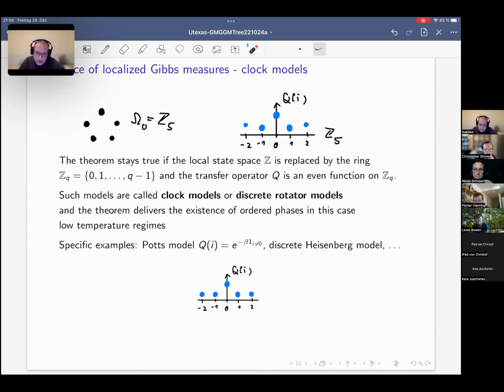And there's a very specific model, which is the Potts model, where you have a particularly nice form, namely you have a bias to be 0. And for all the other values, you choose the same. So you don't care how big the jump is. If you make a jump along an edge, you have to substitute this thing, and if you make a jump of 1 or 2, it doesn't matter. This model is nicer, and it is also solvable, with some tricks for nonlinear equations, and you have more insight and an explicit solution.